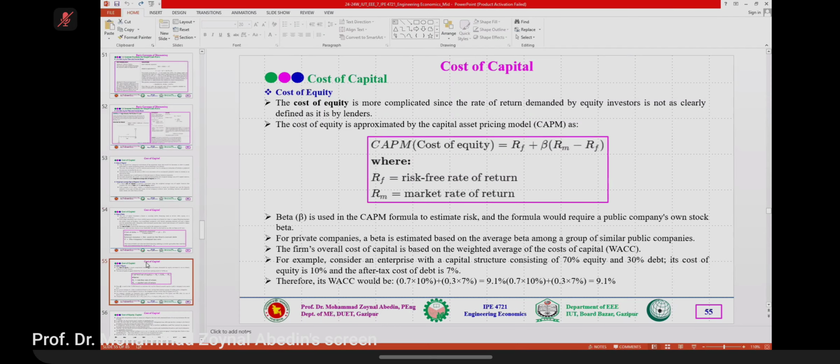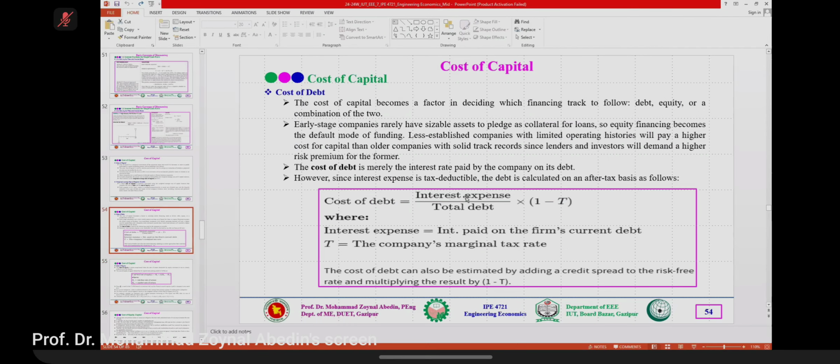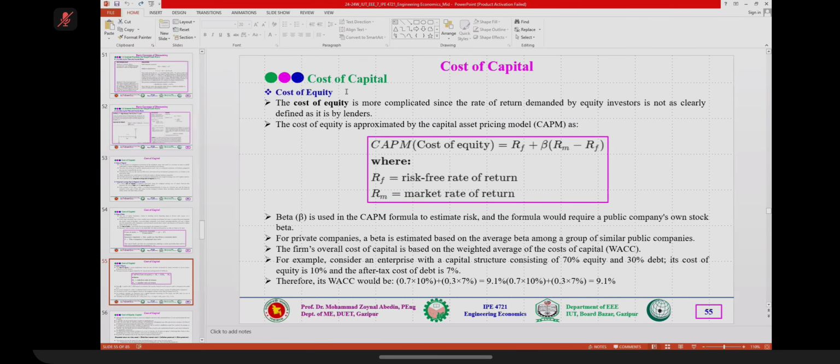Now the cost of equity. First is the cost of debt, then the second one is the cost of equity. There are two terms in the cost of capital: one is the cost of debt, another one is the cost of equity. The cost of equity is more complicated, since the rate of return demanded by equity investors is not as clearly defined as it is by lenders. The cost of equity is approximated by the capital asset pricing model,